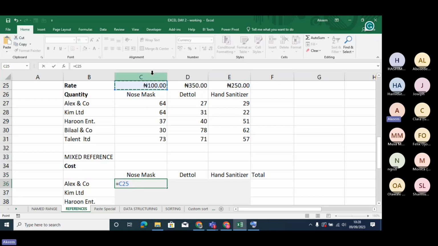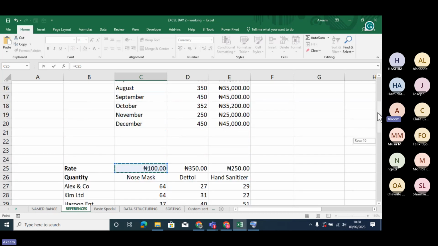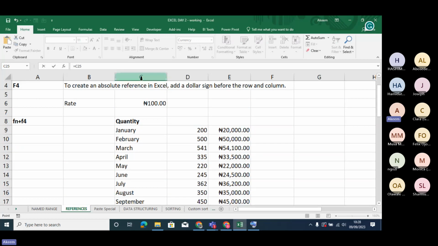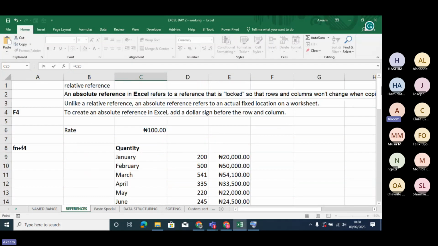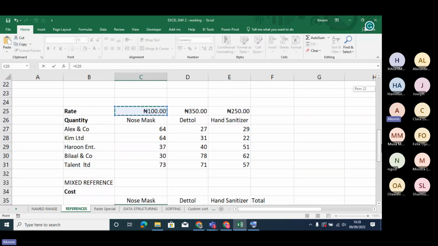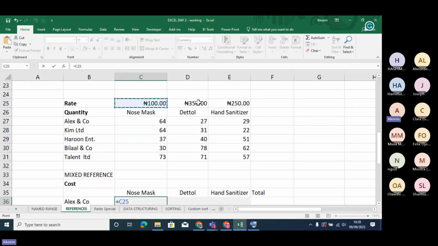So, which means that I will move from C to D, from D to E. In that case, I must not fix this C. The C must not be fixed. Remember here, we have C4, which we are not copying to anywhere. We have to maintain this place. So we have to fix the C and fix the C6. But here, we want to copy this formula from column C to column D, and we still want to maintain all this figure here. So in that case,